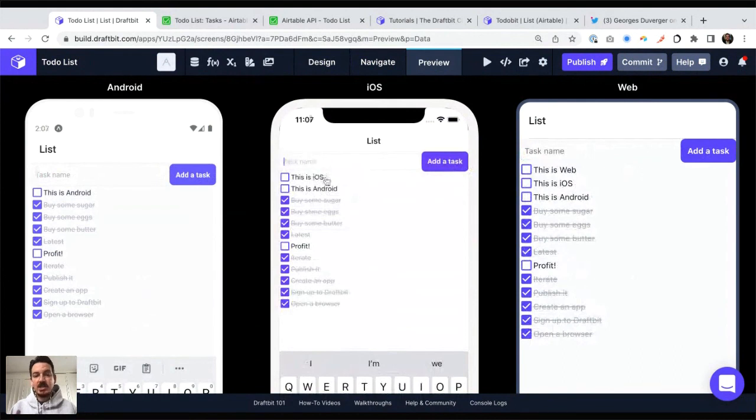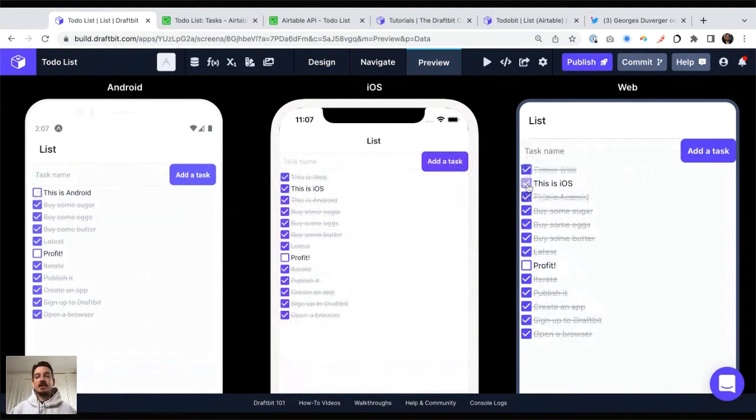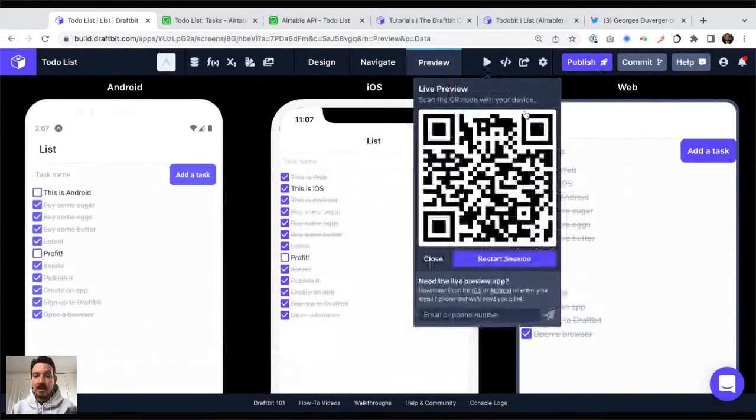And so it's catching the things that come from the database, even though they've been entered from a different client. And I can turn that on and off. Here we go. Things update here automatically. This is Android, and I'm going to check them all. Anyway, that's pretty cool. You can go back and forth, see what things look like. Another thing that's really cool is, if I can show you very quickly, there's an app called Expo Go. And if you click that little live preview icon, they'll give you a QR code that you can scan through that Expo Go app.